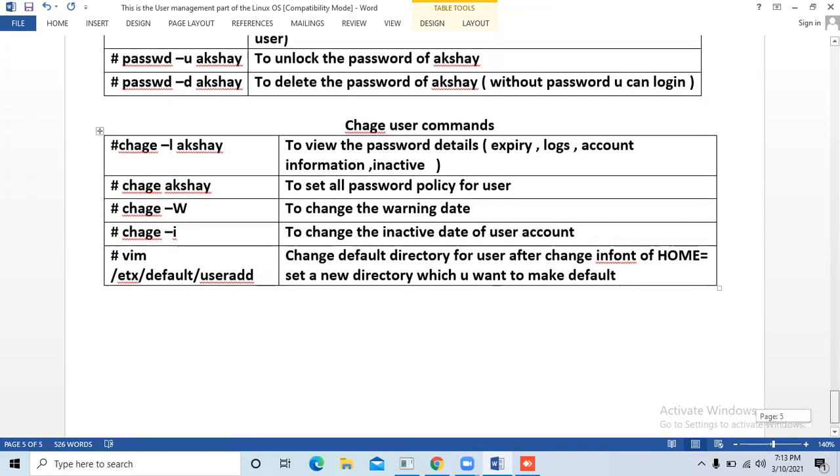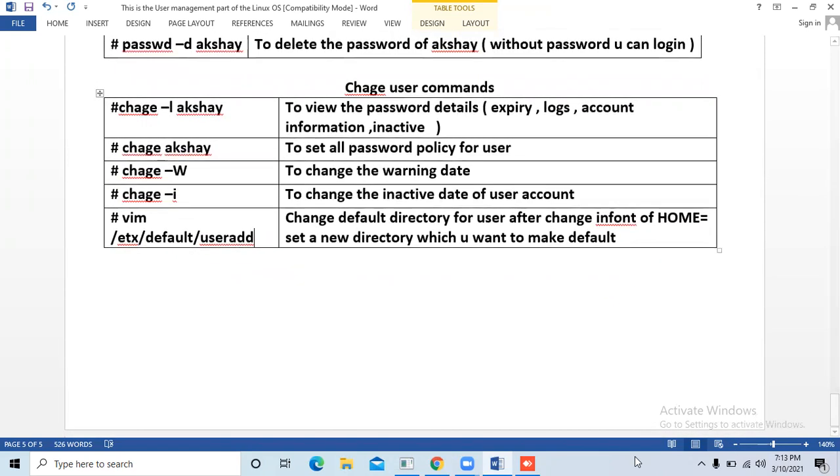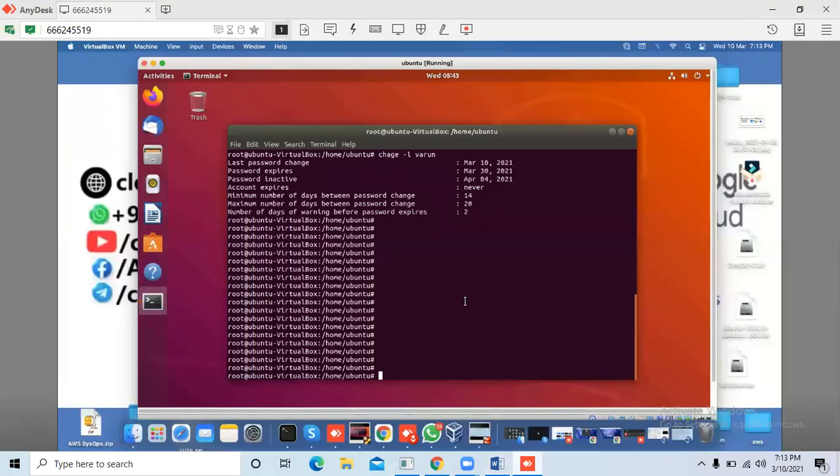Suppose we create one user called Varun or Nitin. Once we have created normal users, how do we provide root access to a particular user? I add this user to a particular group. I use the command usermod -g to add the user into the root group, or I give the privileges for that.